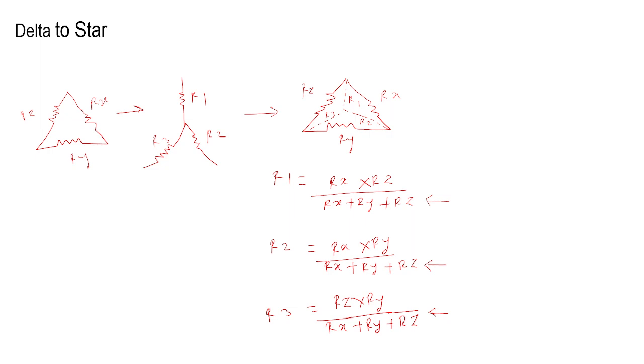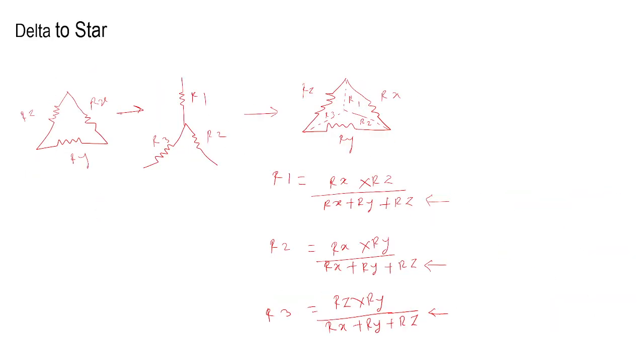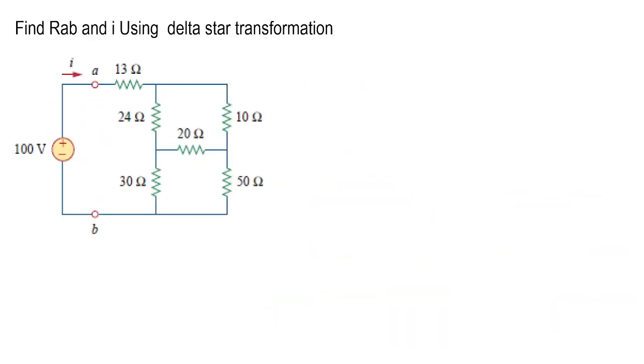So now delta to star completed, star to delta completed. Now one example we are going to discuss. After this example we will stop. So what is asked here? Find RAB and I using delta star transformation. काय विचारलेलं आहे बघा. RAB is nothing but equivalent resistance across point A and B find करा आणि current that